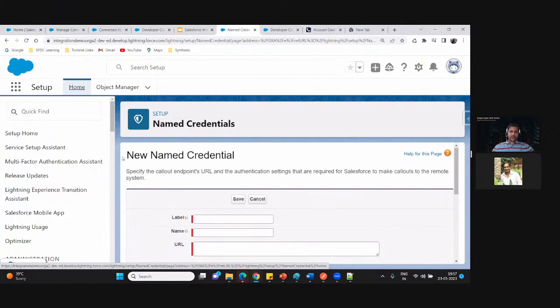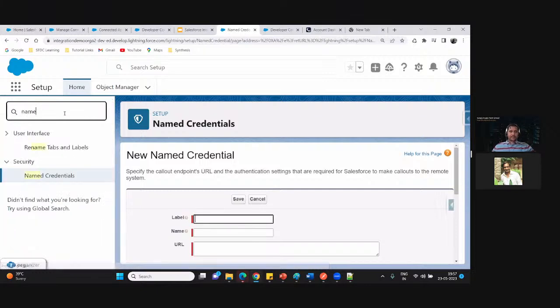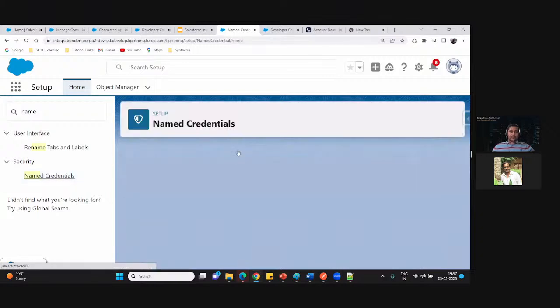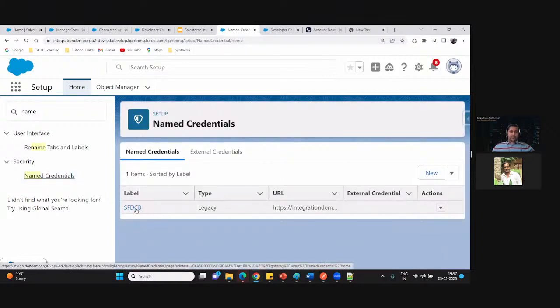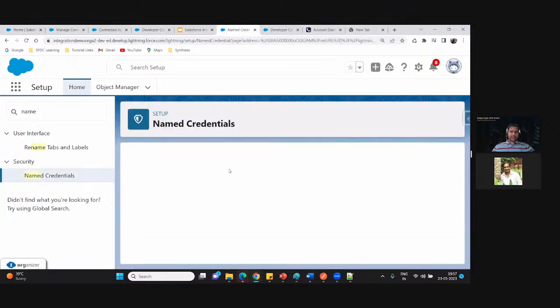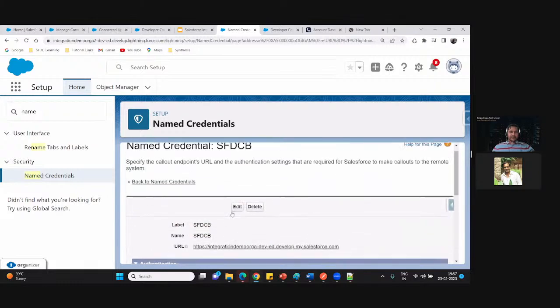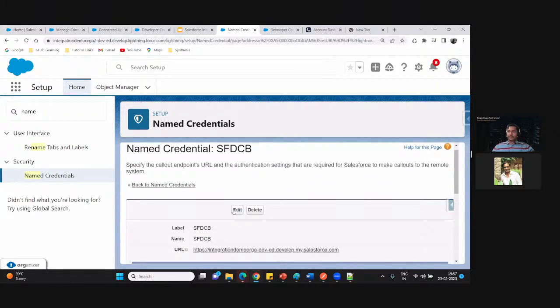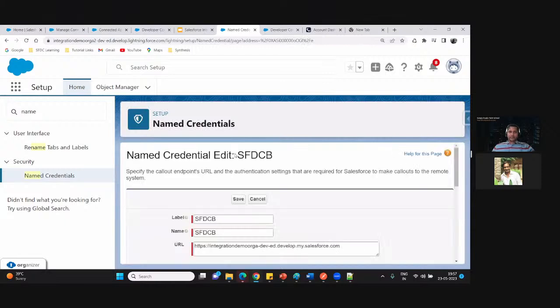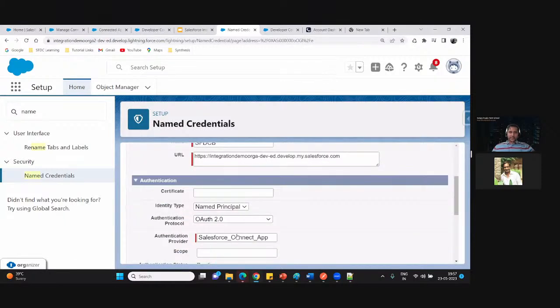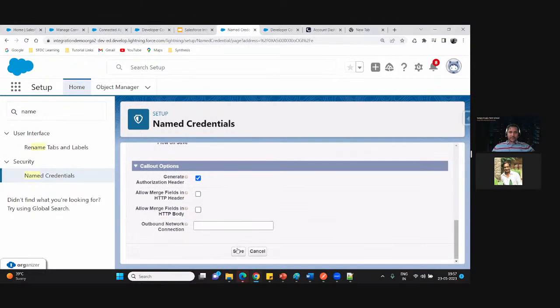Let me check if the name credential is created, and we will try to authenticate one more time. So the name credential is here. I am again selecting the name credential, and the rest of the things look good to me. Let me click on the save button.